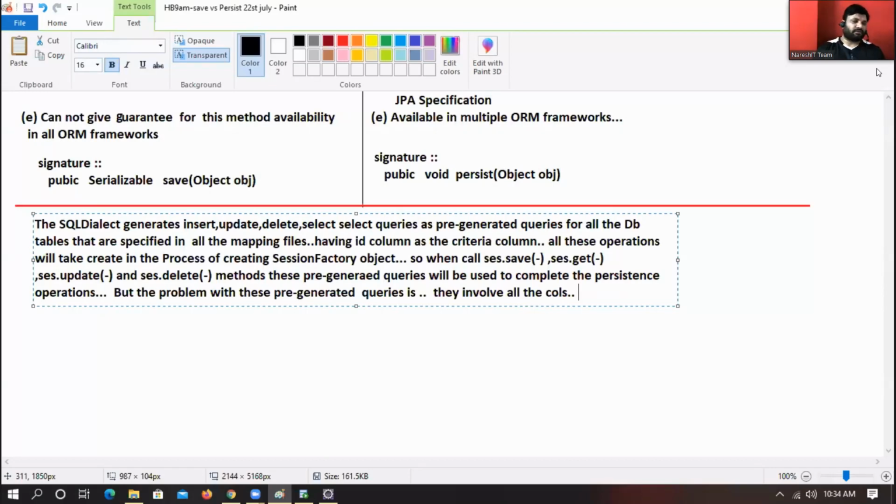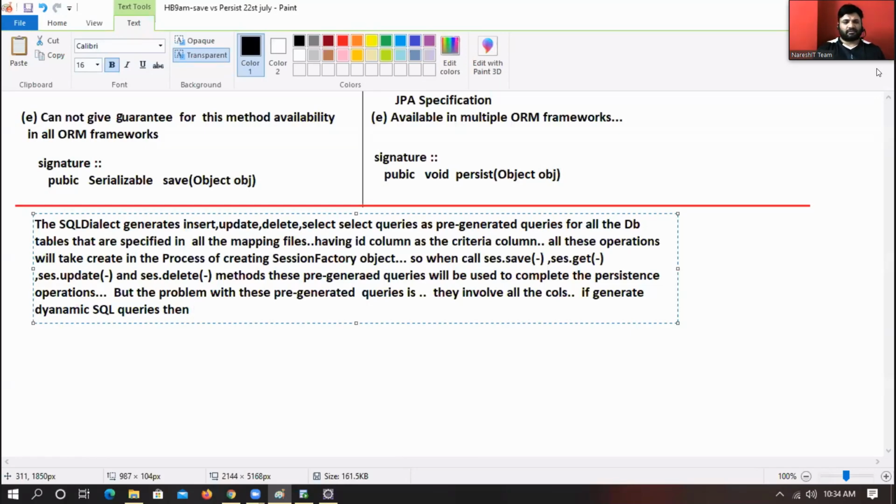To generate dynamic SQL queries, that means queries that involve only required columns, they involve all columns, to generate dynamic SQL queries involving only required columns,